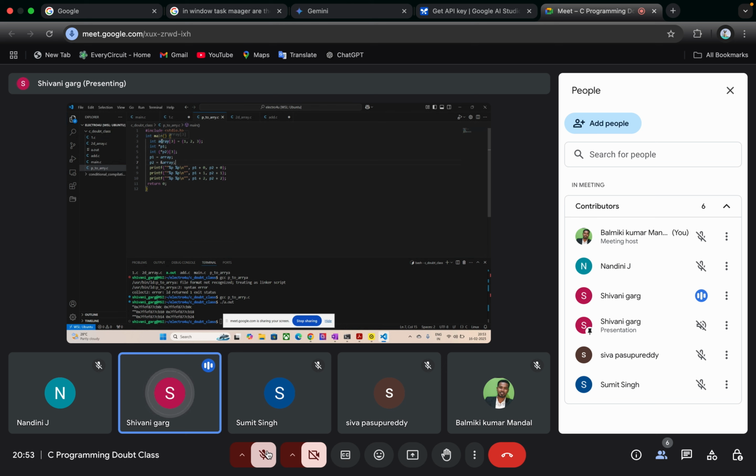So here I have declared an array of size 3 which contains 3 elements, and I have declared one pointer p1 and another pointer p2 which is a pointer to an array of size 3. p1 is initialized with the array and p2 is initialized with the ampersand of the array. So when I print this thing,